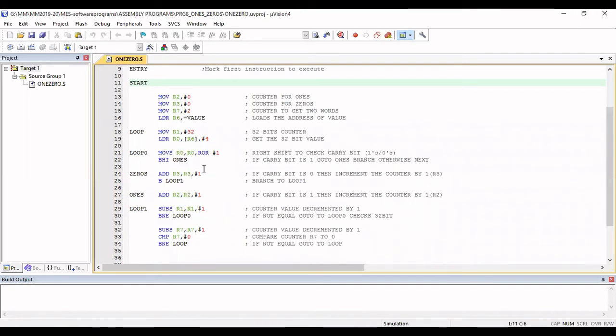That is the logic you are going to use. The first time, the 32-bit value is checked for the first number. The second time, the 32-bit value is checked again for the second number. We have taken two numbers, one as 3 and the other as 2. Both numbers will complete the logic, and then your R7 will become 0. Then you will break the loop.